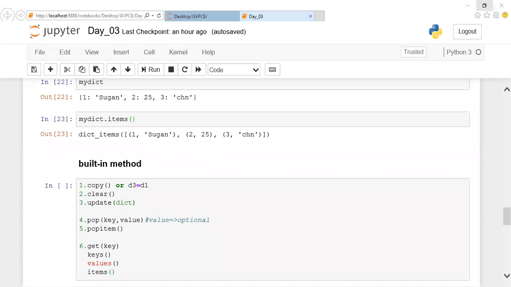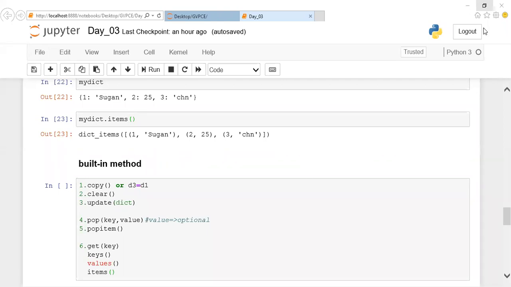Yes, items means both key and value only. Just a minute, I'll see to it.